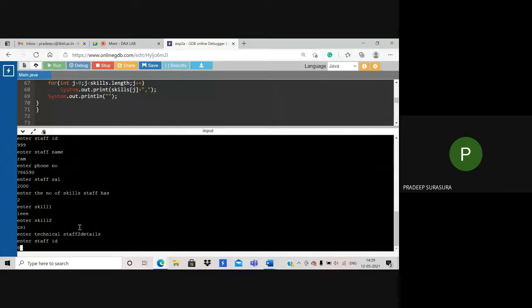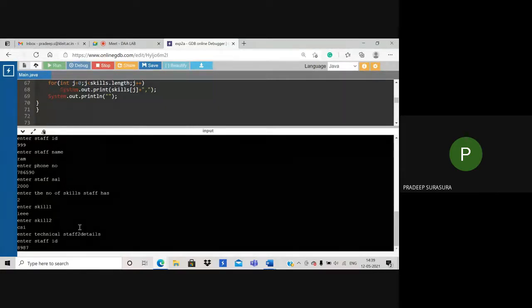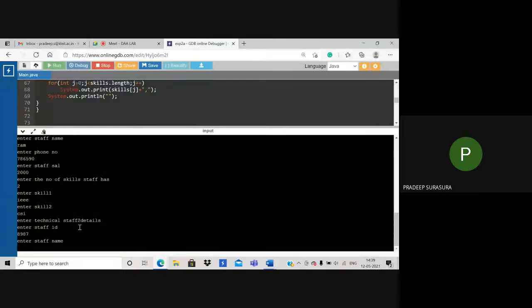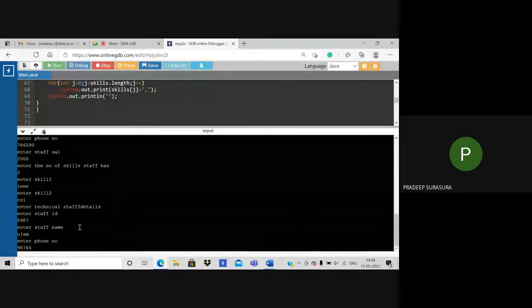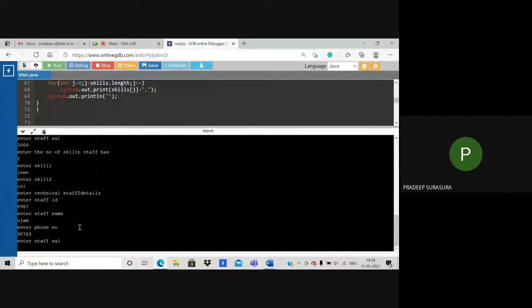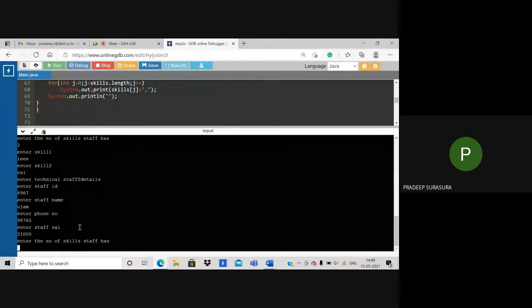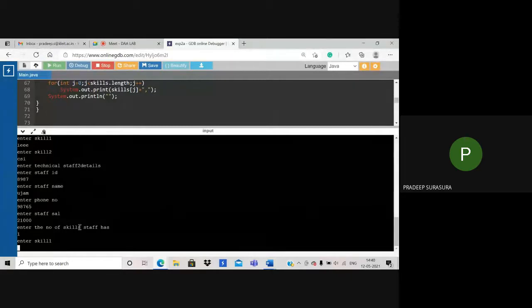Let me write the ID like this, name, phone number, something like this. For skills, I will give 1 for simplicity, and let me consider AIC.